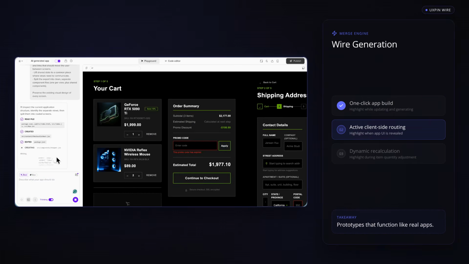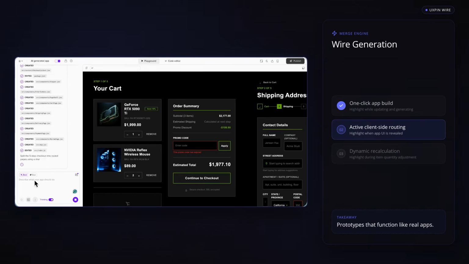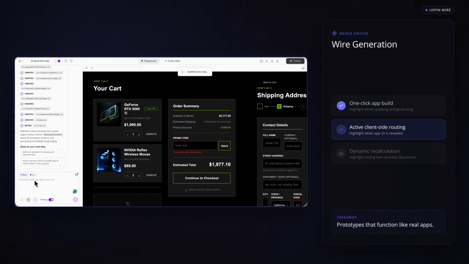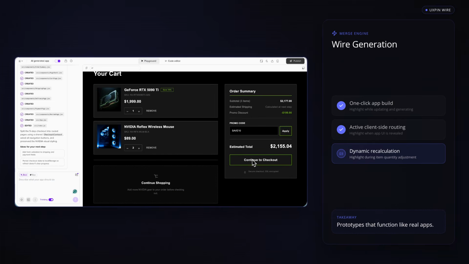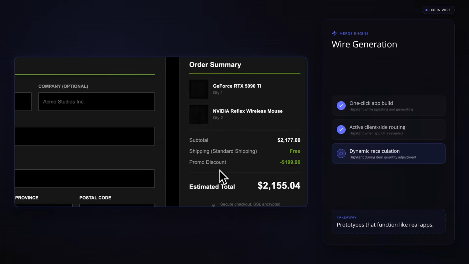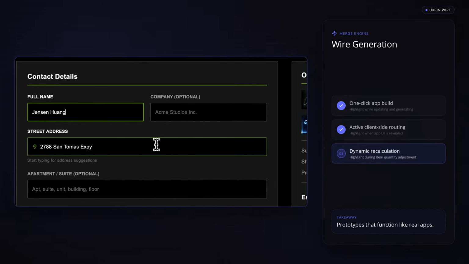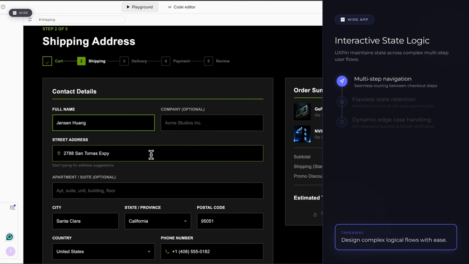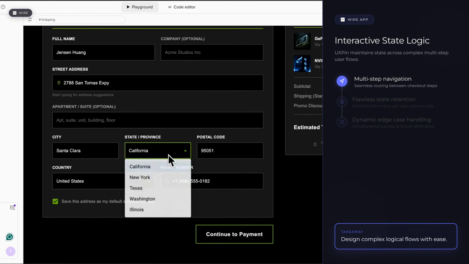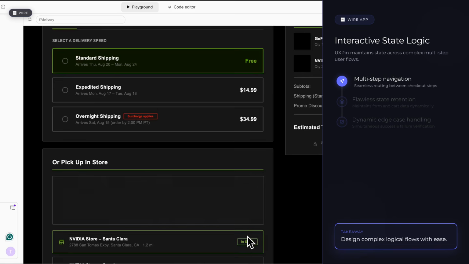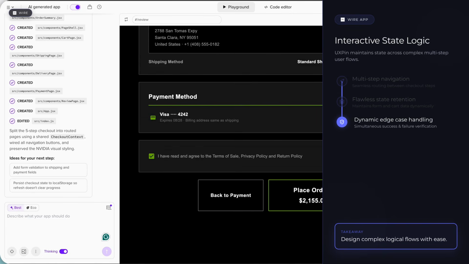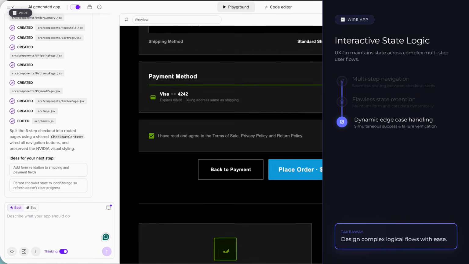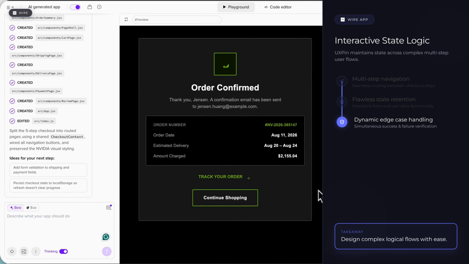Instead of redrawing or rebuilding, it connects the real components your screens were already made from into a working app with active client-side routing. In the live preview, everything functions dynamically, recalculating the order total in real time as we adjust item quantities. As we navigate through shipping details, shipping methods, and payment inputs, the application maintains state flawlessly. Placing the final order reveals fully designed success and failure states, demonstrating how the system handles both a confirmed transaction